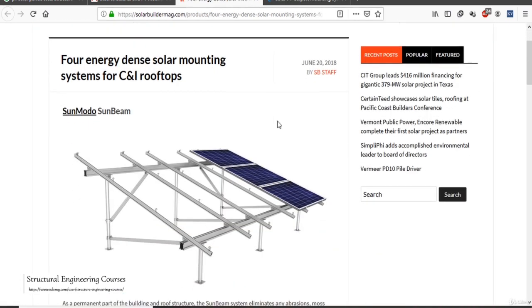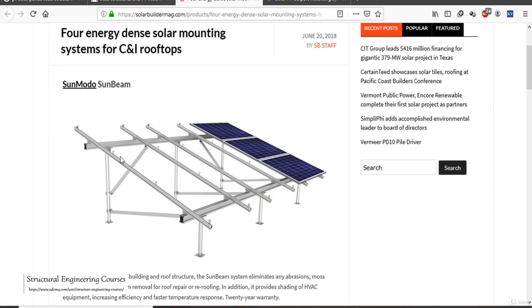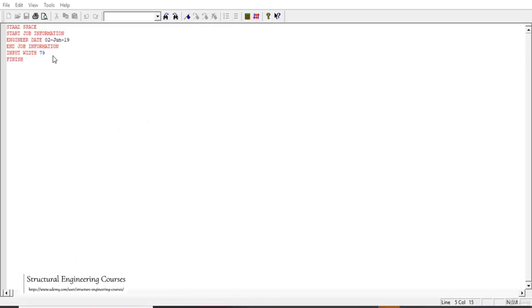So in this example I would like to go ahead with this type of arrangement. That is, it is a ground mounted system, and there are basically three numbers of cells that can be installed here. So we shall model a simple steel structure, and then we shall model the cold form steel structure arrangement, and then we shall apply the wind load, and then we'll try to analyze and design it as per the India standards. So first of all, we shall open the STAAD editor file, and then we shall enter units as meter and kilonewton,